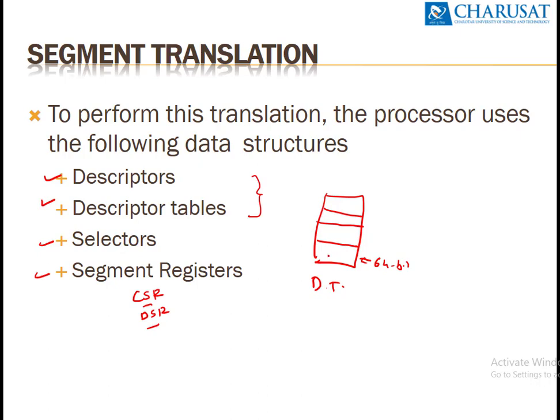That entry, or the format of fields which store 64 bits, is known as a descriptor. So this descriptor is available over here, and this is a table. Each and every descriptor has an index value. This is index value 0, this is index value 1, this is index value 2. So we can consider it an offset in the descriptor table, or an index into the descriptor table.